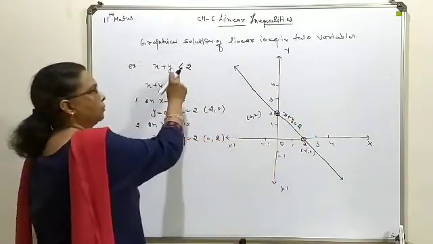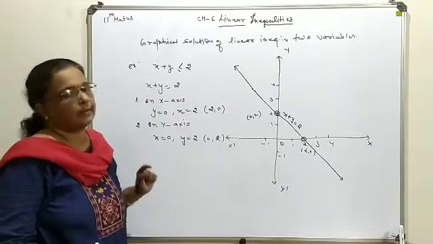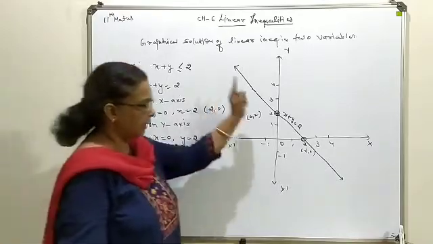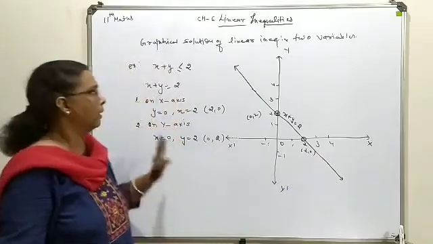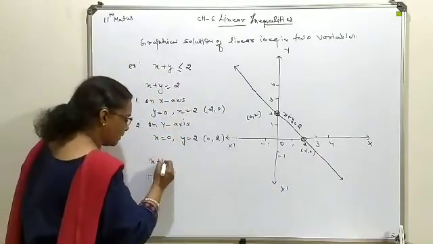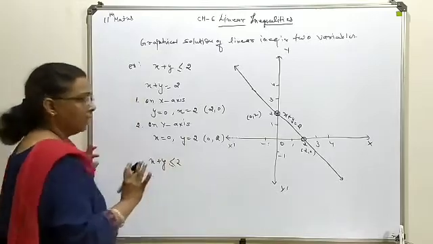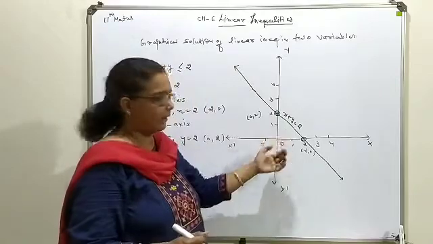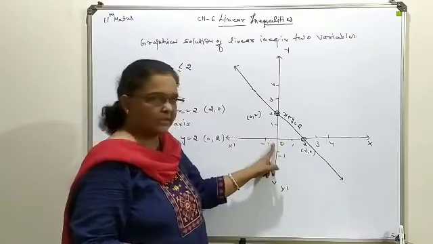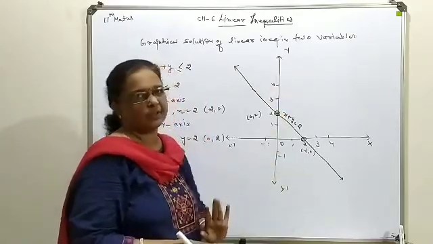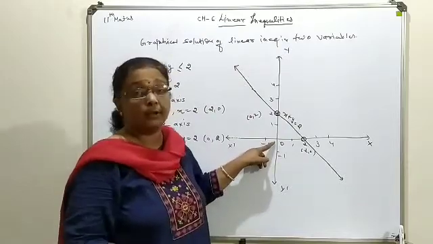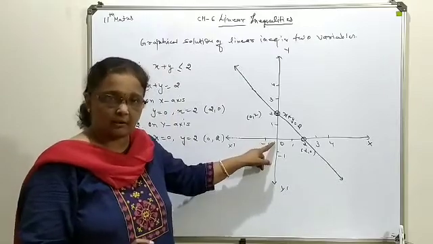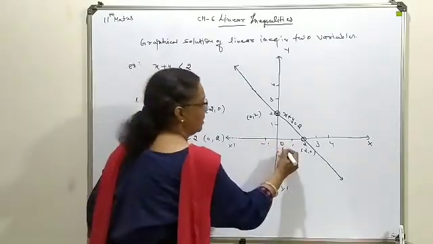Now come to this inequality sign, meaning less than or equal to 2. Regarding the equality we have made this dark line. But with respect to this less than sign, what will you do? You see, the position of this line: on one half the 0 is situated, and on the other half various points are there. So this is the 0 point. You will check for verification which side you have to shade. That means the origin, (0, 0).